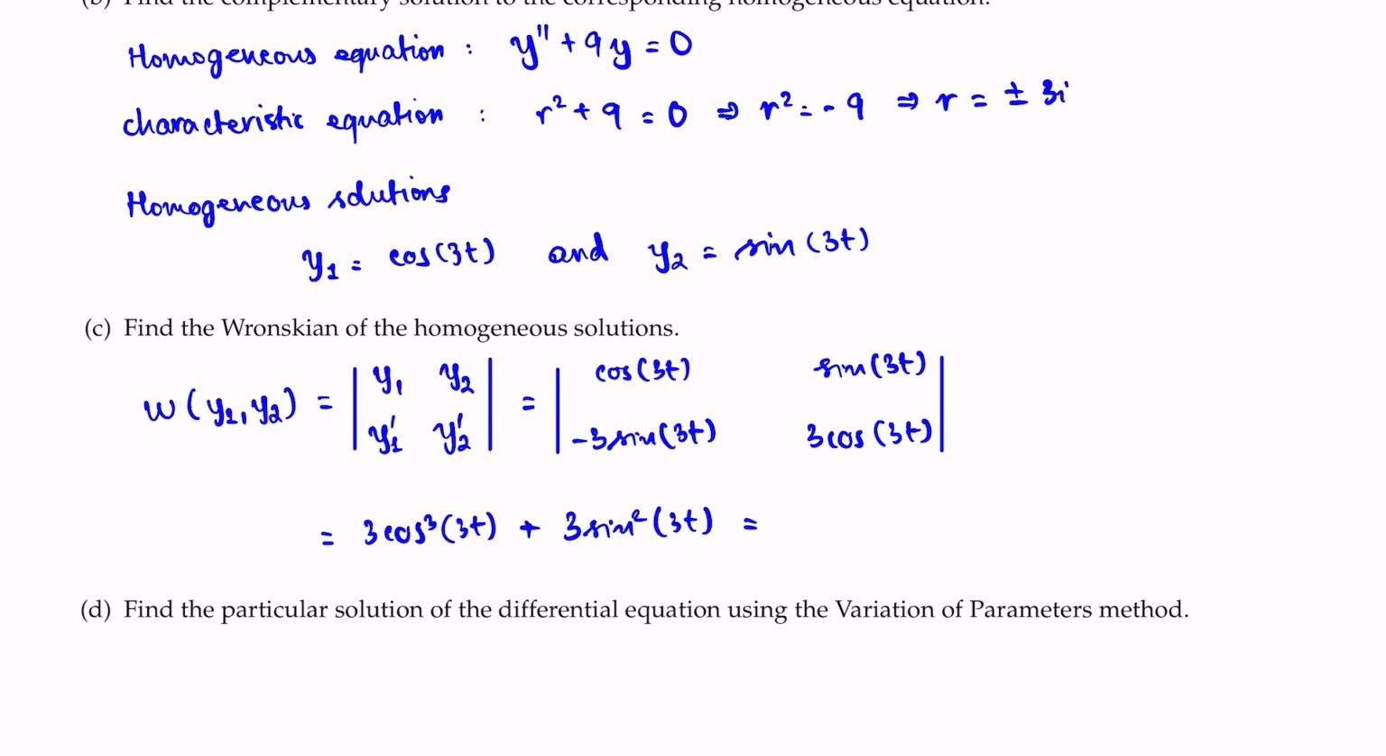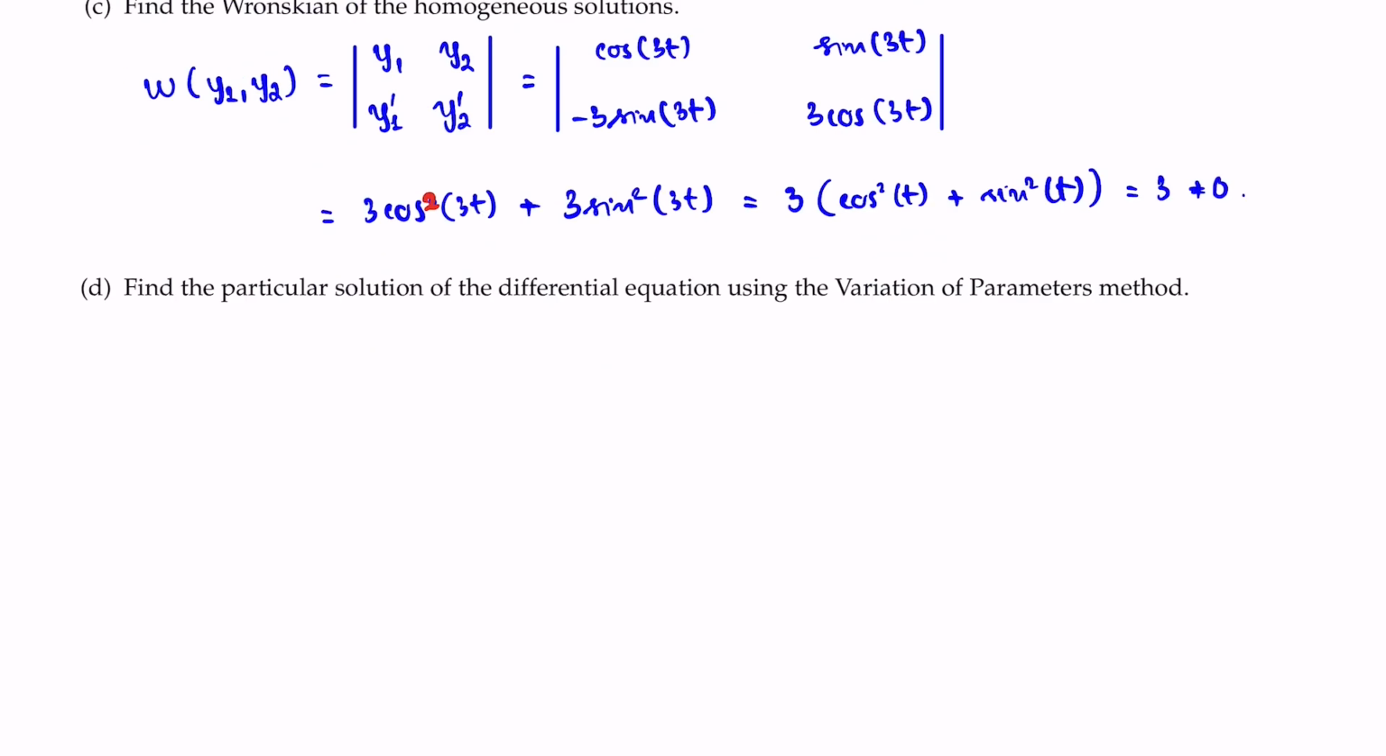Okay, so you take 3 as the common factor, you're left with cosine squared plus sine squared, and this is the trigonometric identity, and that is equal to 1, so the Wronskian is equal to 3, which is different from 0. When the Wronskian is different from 0, the homogeneous solutions are linearly independent, and they form a fundamental set of solutions. Now we're going to use this information to find the particular solution of the non-homogeneous differential equation, and the particular solution is of the form